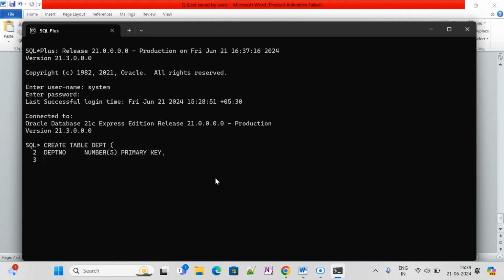The second column would be d name, the department name. I'll take it as a varchar2, and I'll give it a size of 20. The last column would be our department location, so I'll just take loc. It is again varchar2, and I'll give it the same length of 20. Okay, so I have created the department table,